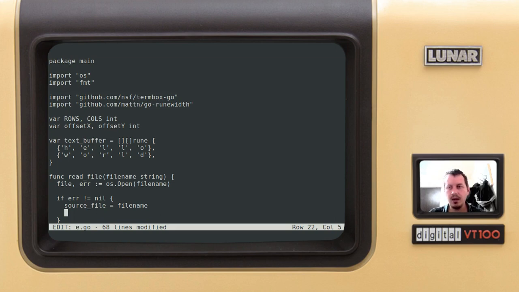And then we just say text buffer equals, we want to append a single empty row to the text buffer. So point it to the text buffer here and append the empty line. So this is the representation just for the empty line. And then we want to return. So we're no longer reading if the file doesn't actually exist. Then